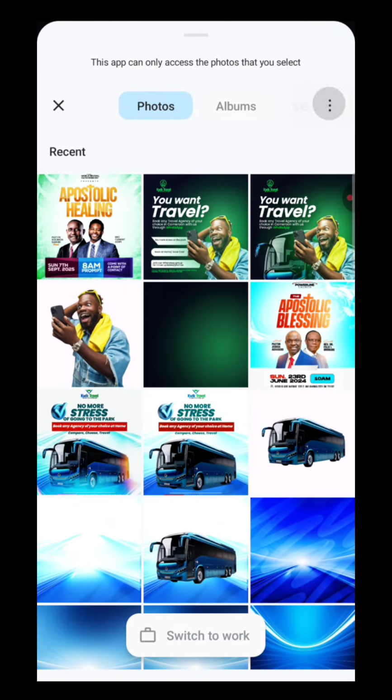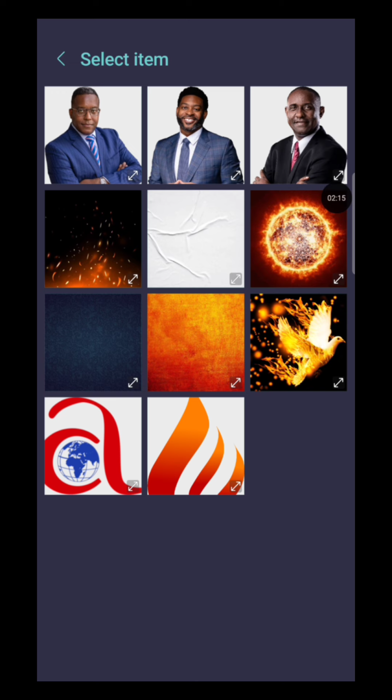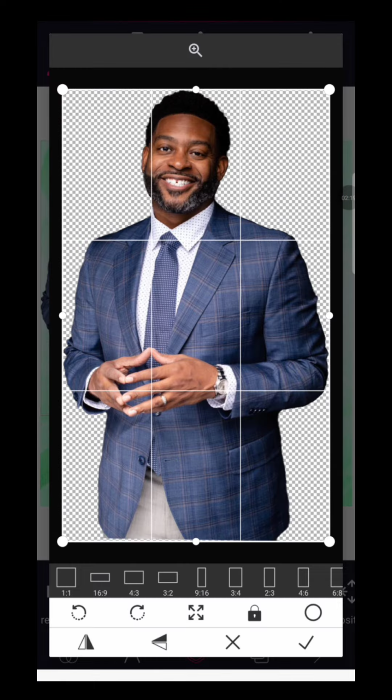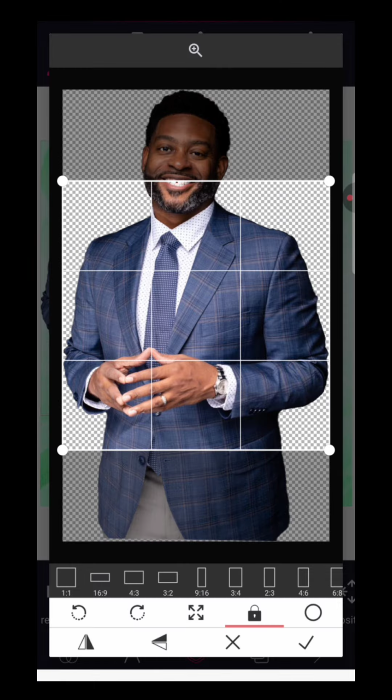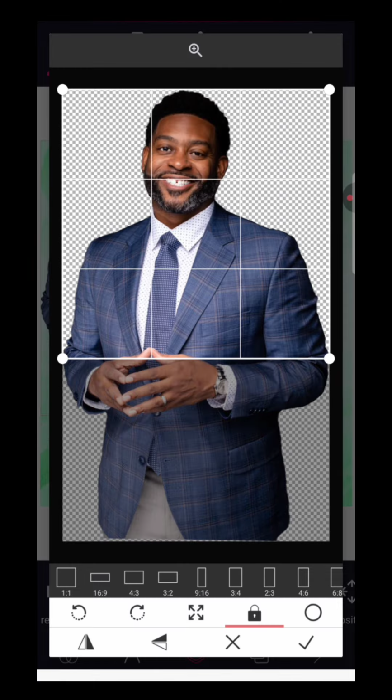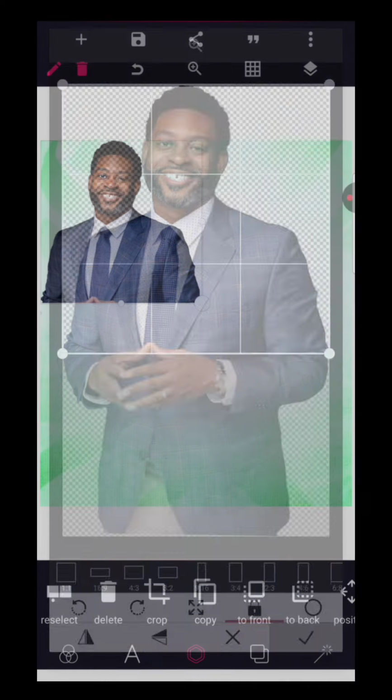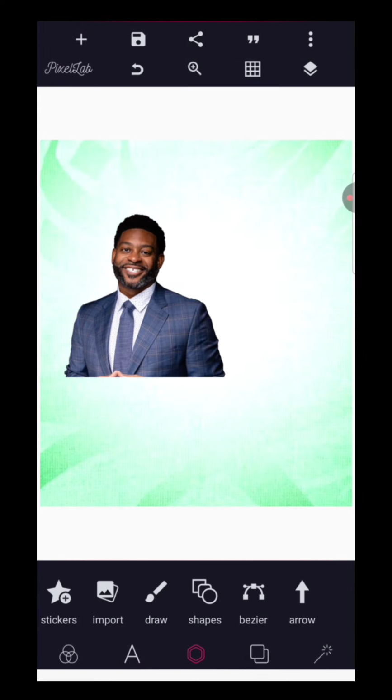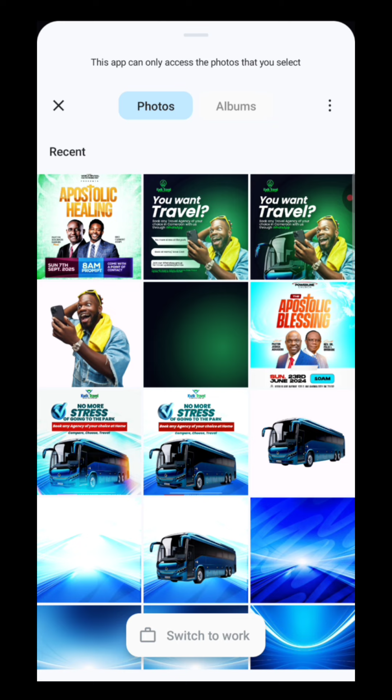So I'm just going to bring in the elements. Okay, so these are our elements. I'm going to bring this guy, then I just crop it by square. Bring it here. All right, leave it this way. Then I'm going to go back,